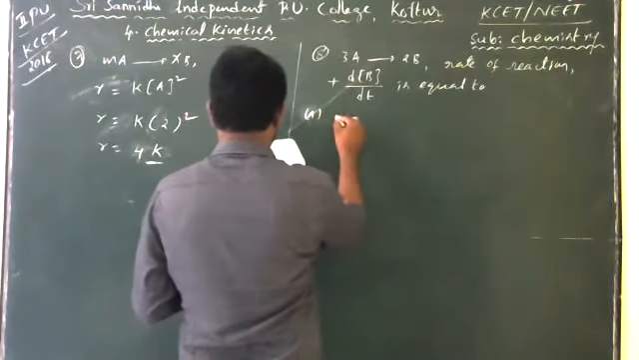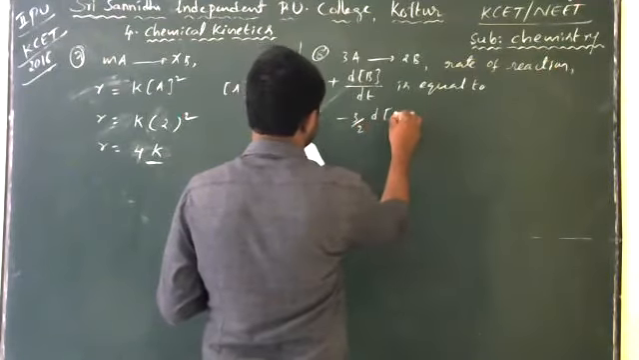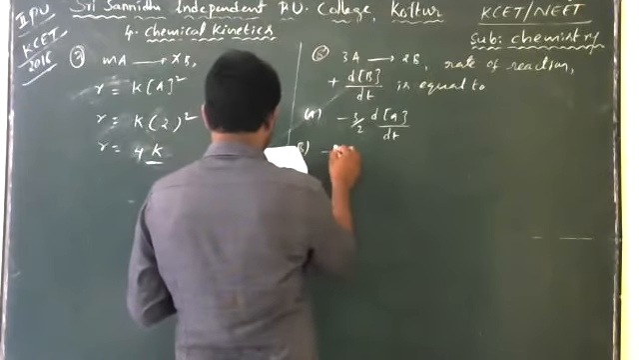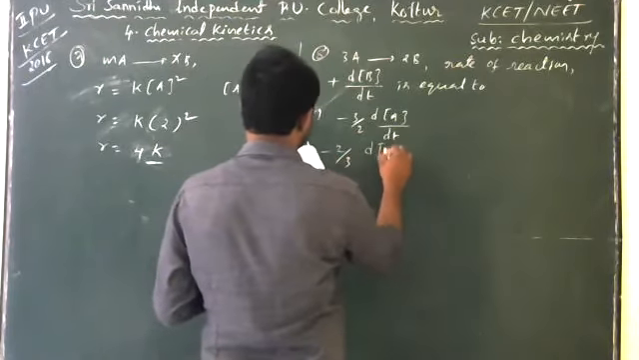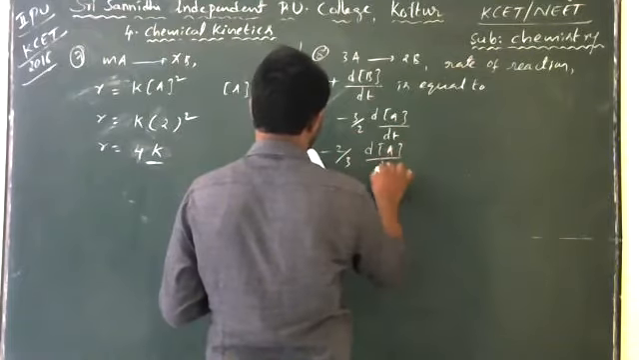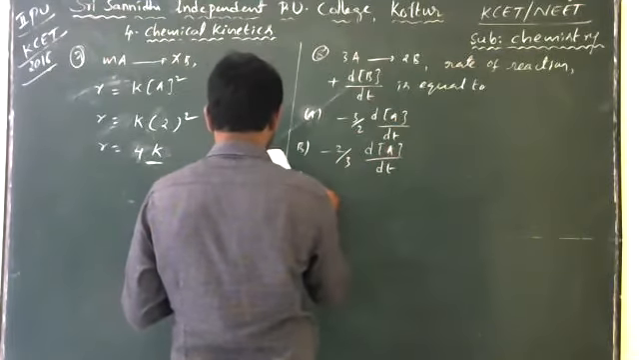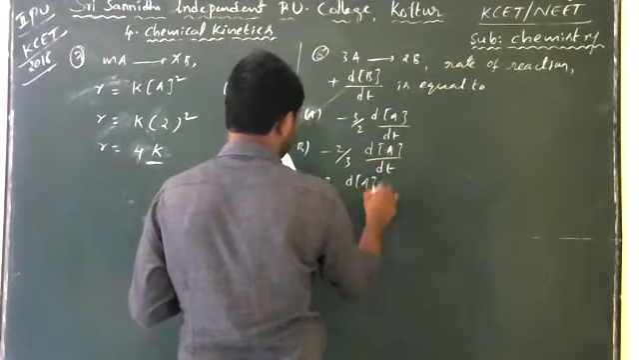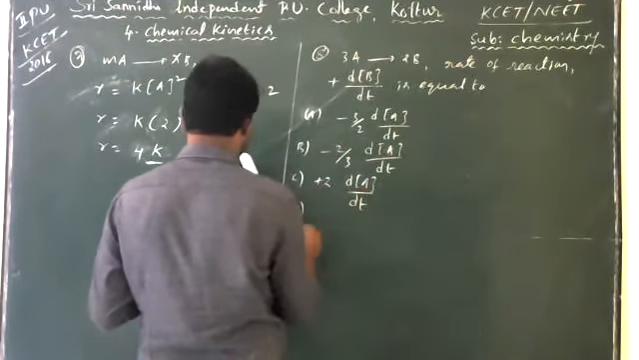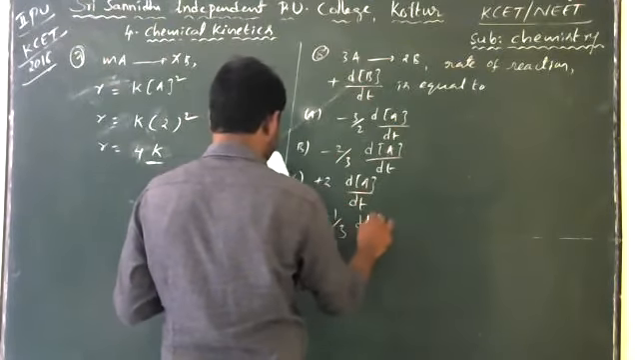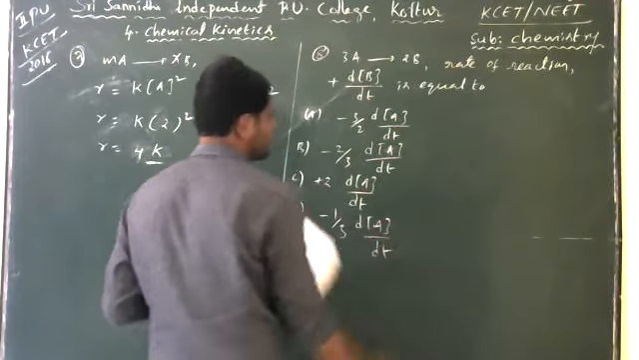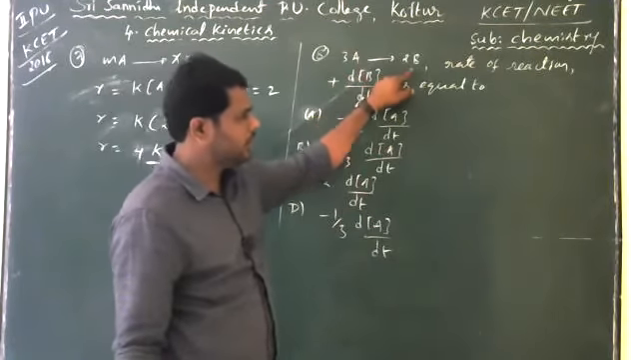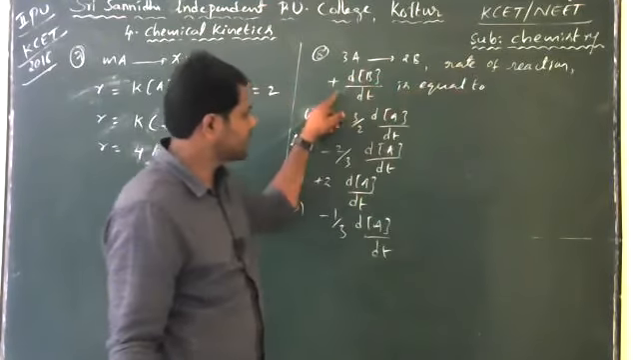Option A is minus 3 by 2 d concentration of A divided by dt. Option B is minus 2 by 3 d concentration of A divided by dt. Option C is plus 2 d concentration of A divided by dt. And option D is minus 1 by 3 d concentration of A divided by dt. This is the question. 3A gives rise to 2B, rate of reaction plus dB by dt